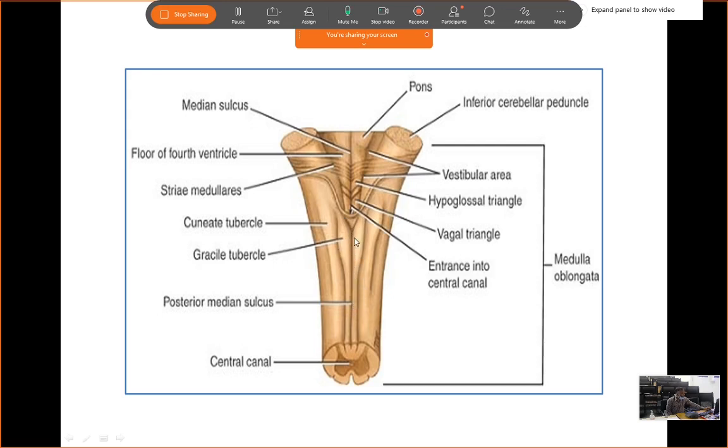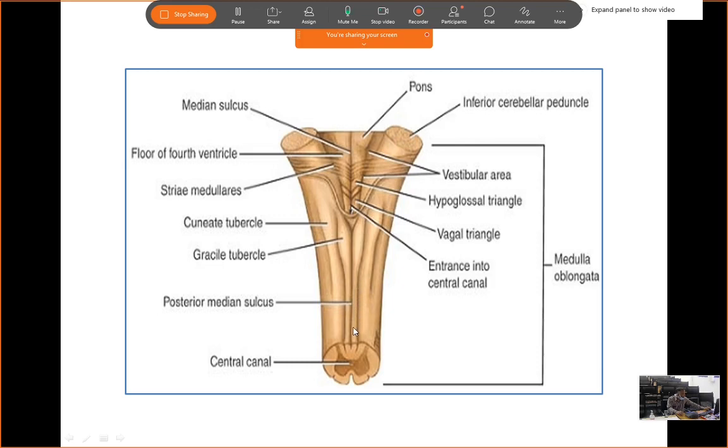Now on either side of the posteromedian sulcus, there is again a longitudinal elevation. This longitudinal elevation in the lower part is due to the ascending fibers. Ascending fibers are sensory fibers. They run upward from the spinal cord to the cortex. All the fibers are sensory. They relate to the sensory cortex of the cerebrum.